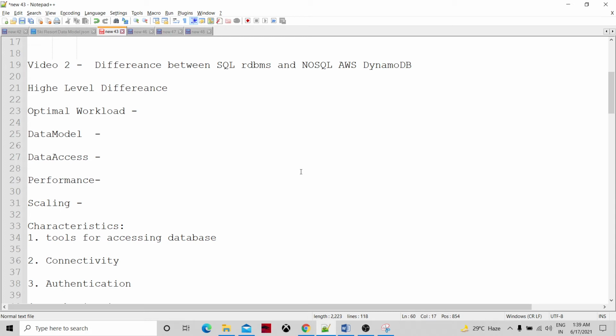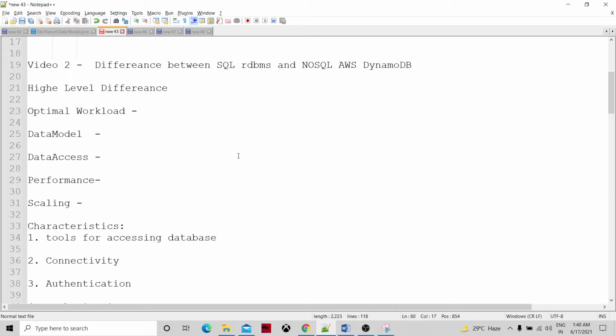Today we are going to talk about the difference between SQL RDBMS and NoSQL AWS DynamoDB. So as part of the first video, we talked about the architecture of Amazon DynamoDB.